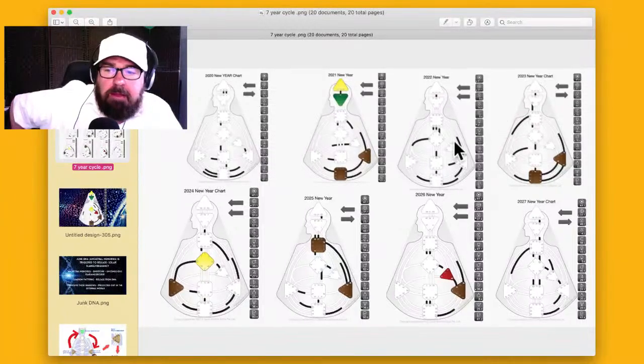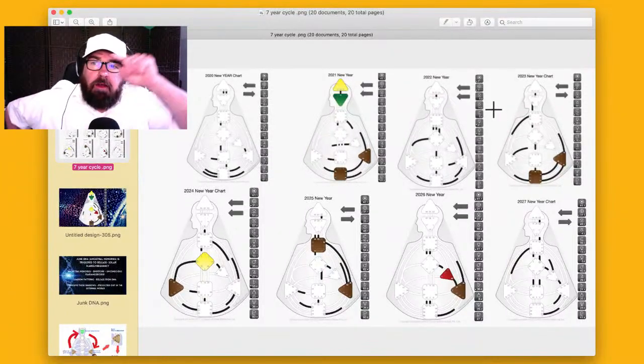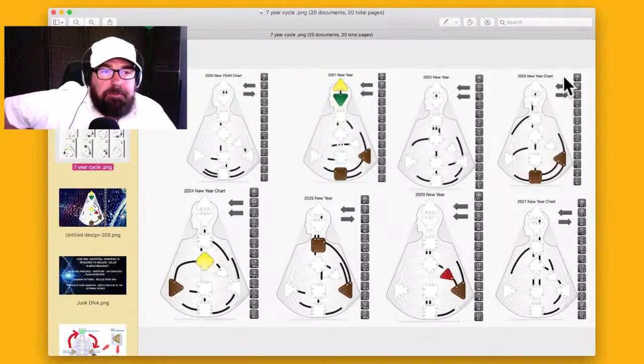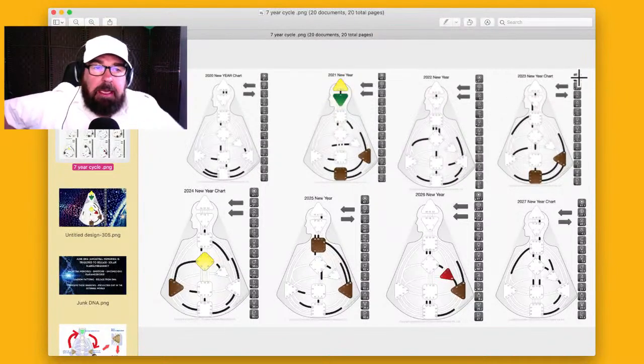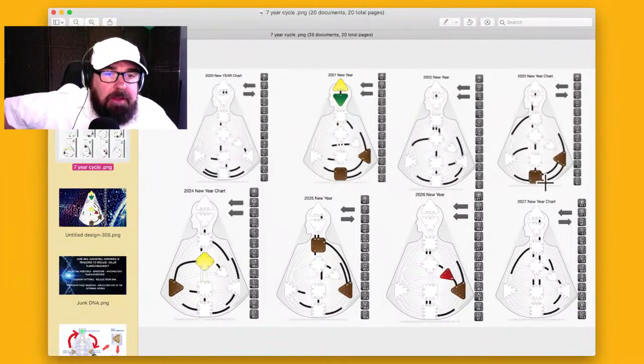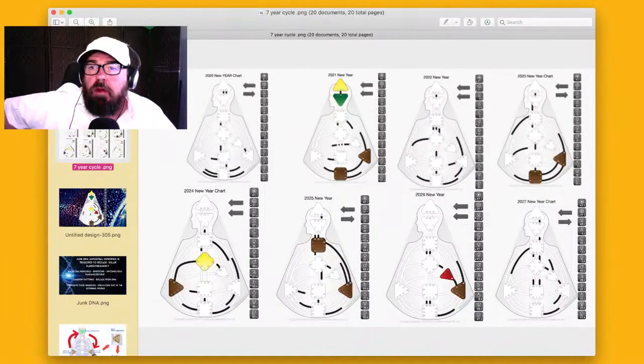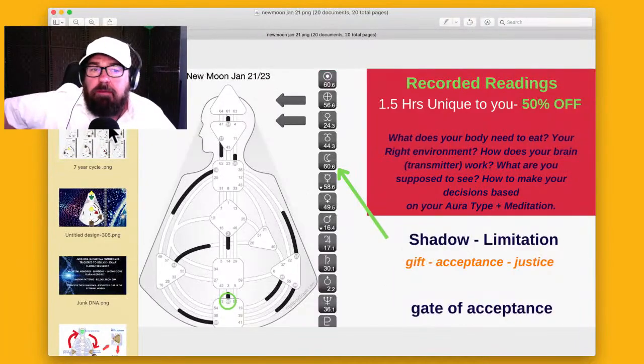So that means the sun has moved around the mandala, all of those 64 numbers. Then it's gone back to the very beginning. So the 41 is down here off the root chakra. And this is the beginning, the start codon of all our human experiences. Everything starts with the 41. So that's the official new year, which is only a couple hours after this new moon, right? So this 60.6, because it can go 60.1, 60.2, 3, 4, 5, 6, and then it goes to 40, right? And so it's only hours away from this new moon.